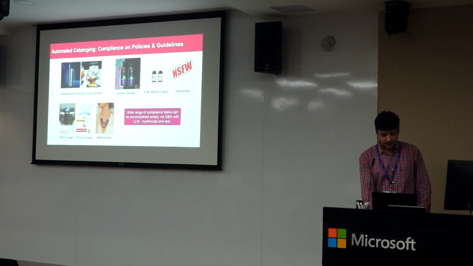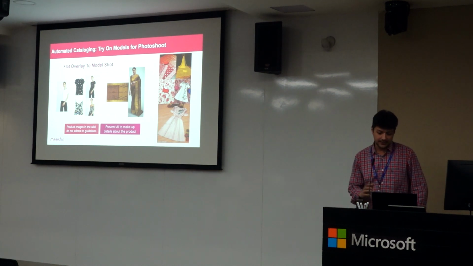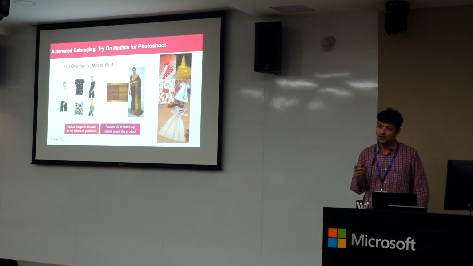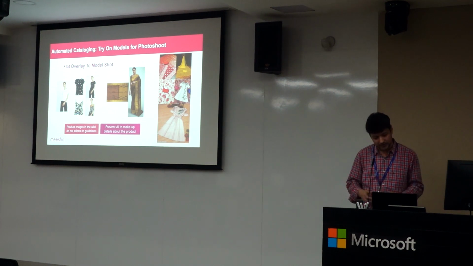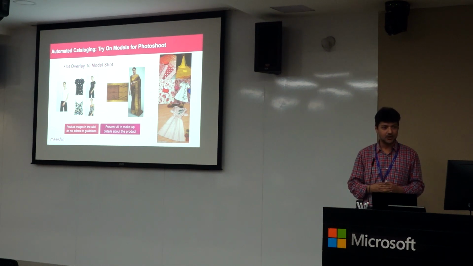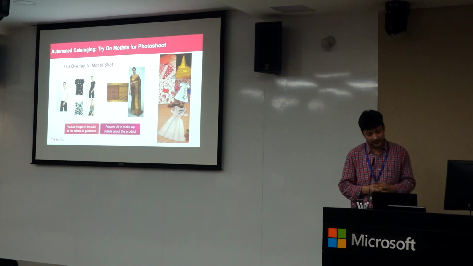Okay. So here's another example in the same cataloging space, and this is fairly unique to Meesho. As you looked at the seller persona, they cannot afford very expensive professional model shoots, right? So what they would do is they would just click a photo, they lay out the product on the table, click a photo and upload it, right? And turns out such photographs will probably not give you very good click-through rates as you list them on your listing pages. And if you have a better shot photograph, which is more professionally shot, it would get you better